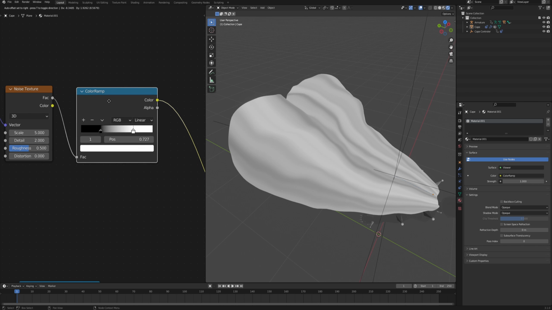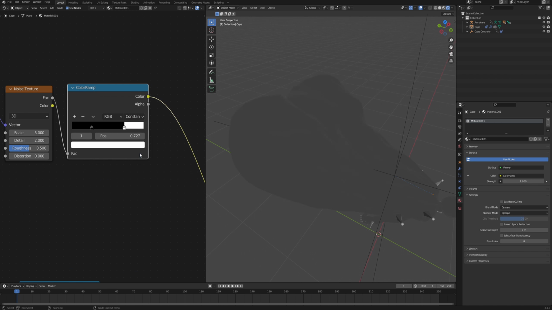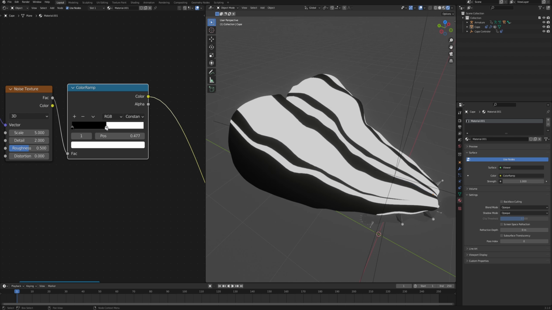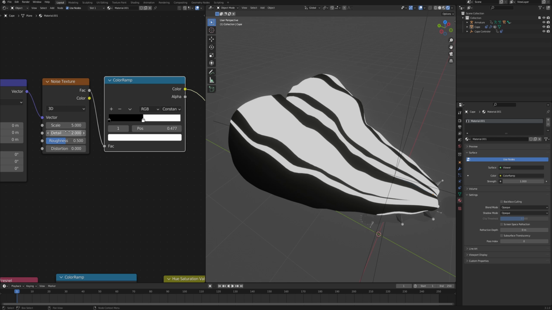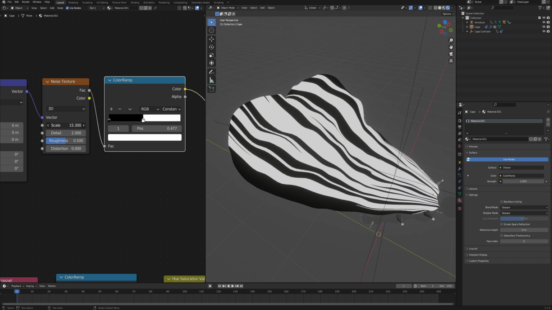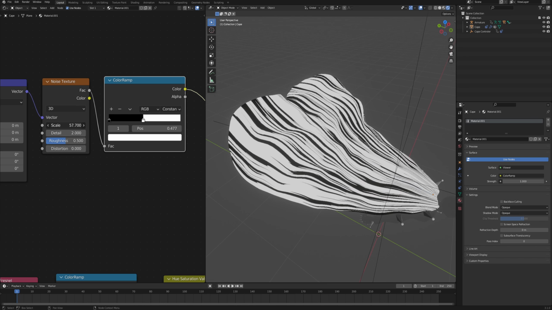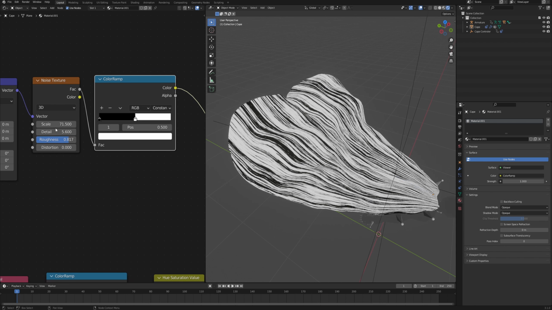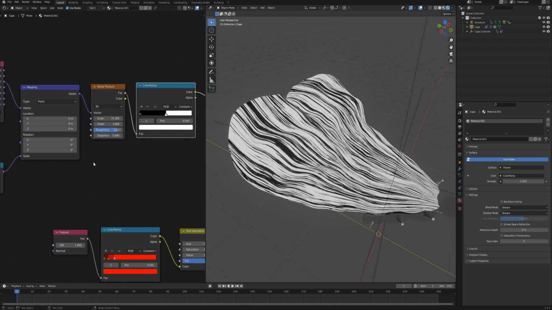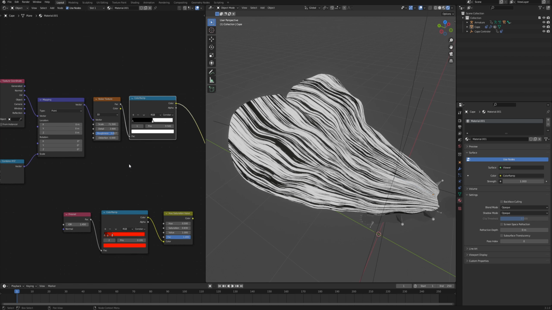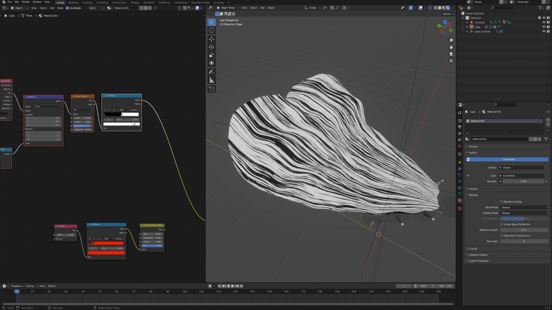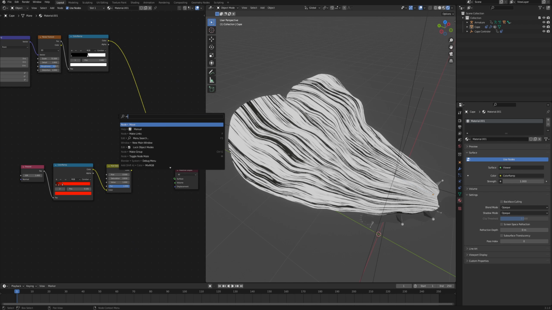So right now let's change this color ramp also from linear to constant. And as you bring the white value a little bit lower, you can see the stripes happening. If you want them smaller, then you have to increase the noise texture scale. So something like this. You can also play with the roughness and the detail depending on the effect that you're going for, or even use your own custom hatching that you want to use for the cape, because all we're going to do right now is take these noise texture lines and use a mix RGB node,